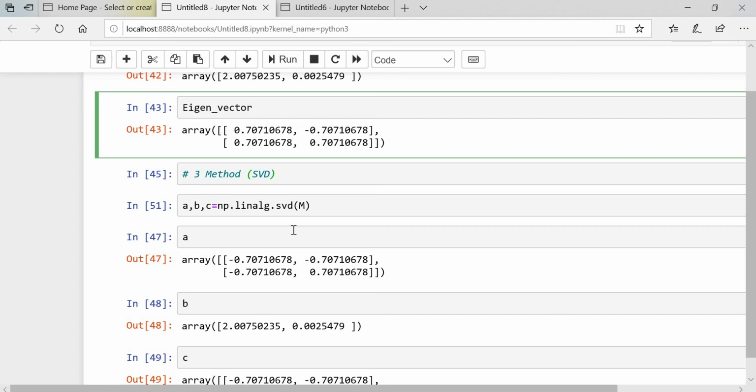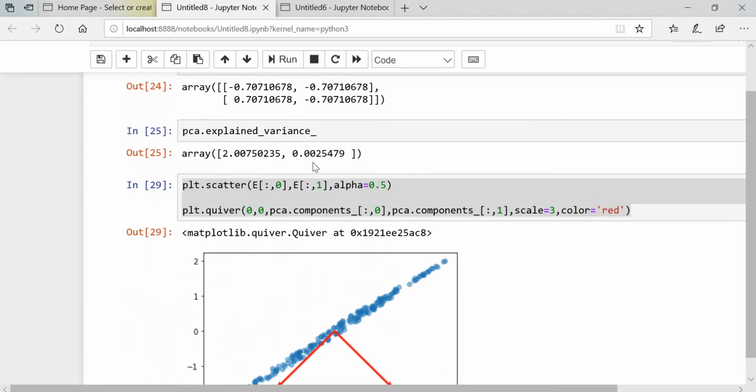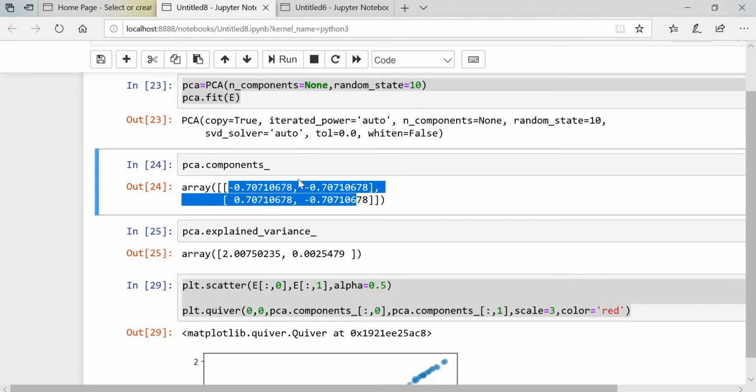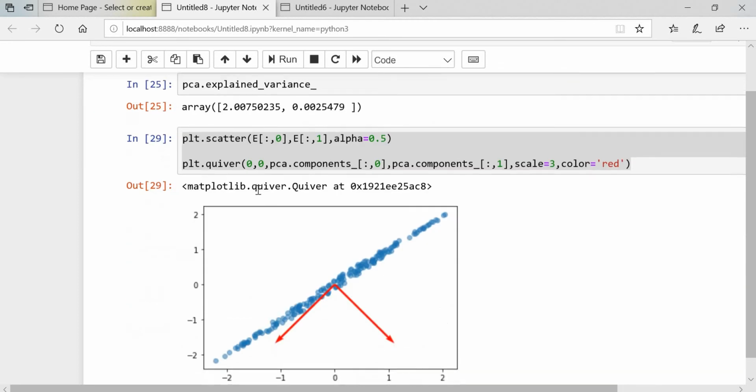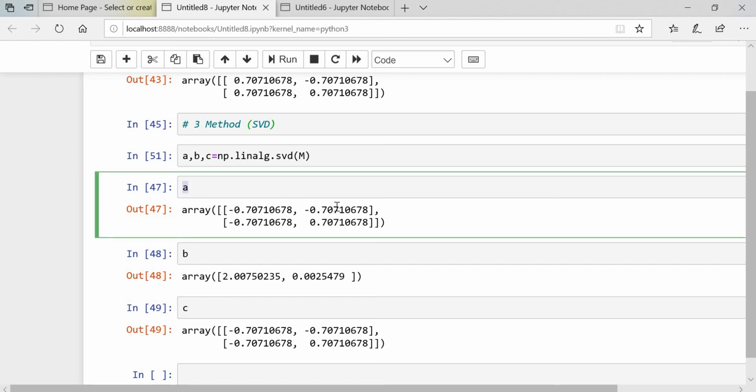Because we are calculating the eigenvalue and eigenvector in a different way, so because of that we are getting different notation, or we can say different values as well. You can see the eigenvector signs got changed, and here as well, because we are using a different library to calculate the eigenvalue and eigenvector. That's why we got this different output, right?